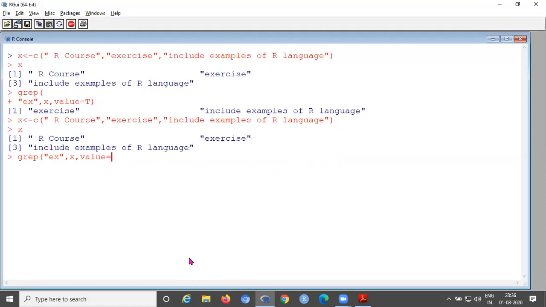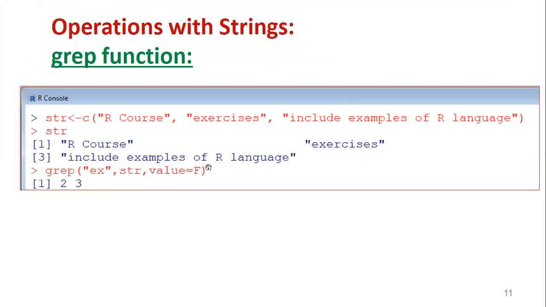Now it displays only the integer index of the string positions. Now you can see "ex" is found in exercises, the second string, so the index is 2. Then include examples, that is the third string, so that index is 3. It displays like this. That is by default value equal to false.